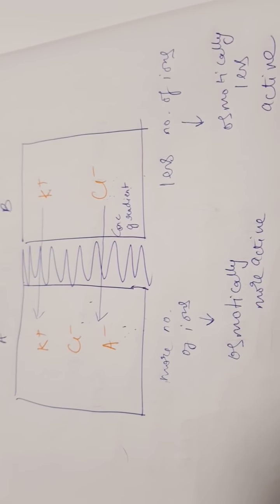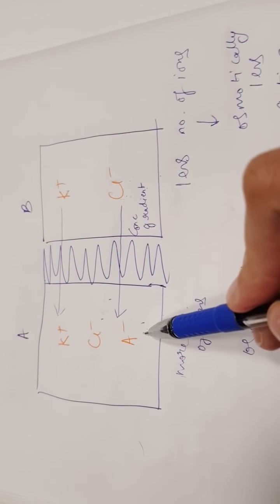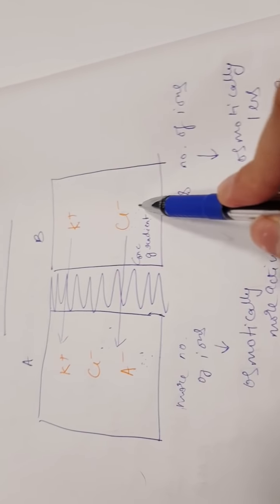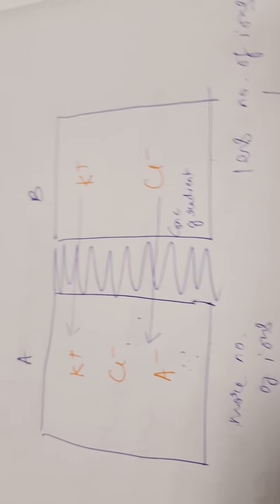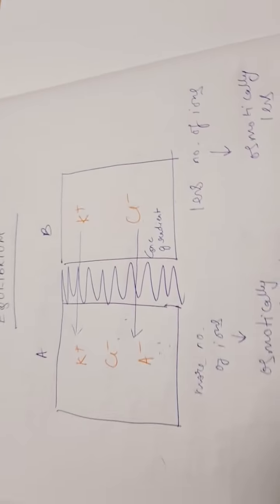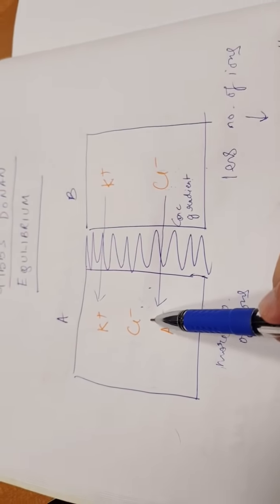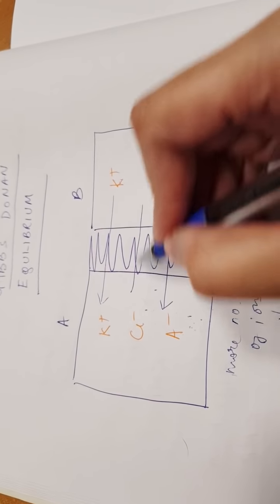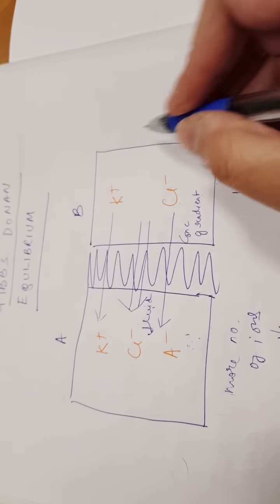Okay, so since there are more osmotically active particles here, the osmolality increases and this becomes osmotically more active. And here the number of particles is less, therefore it is osmotically less active. I hope you know all about osmolality and osmolarity. You have done this in your class 11 and 12 curriculum. Okay, so coming back, this is more osmotically active, hence it draws in fluid from here. Okay, it draws in fluid from compartment B.